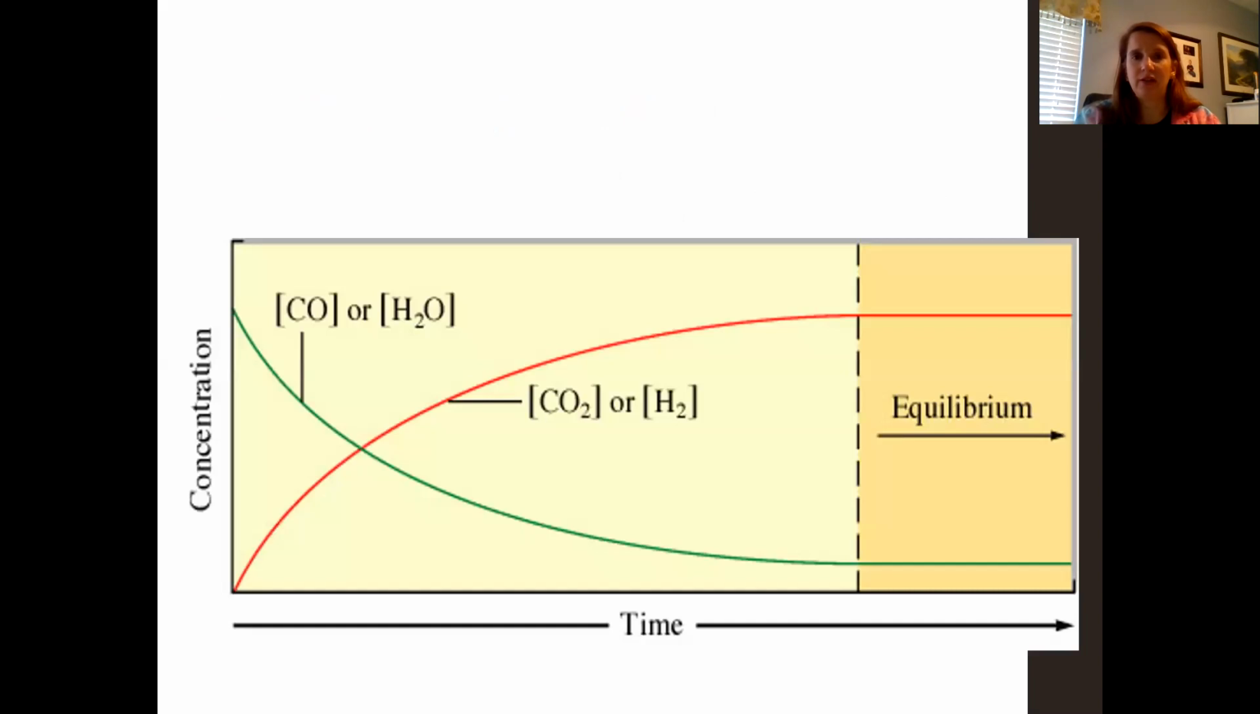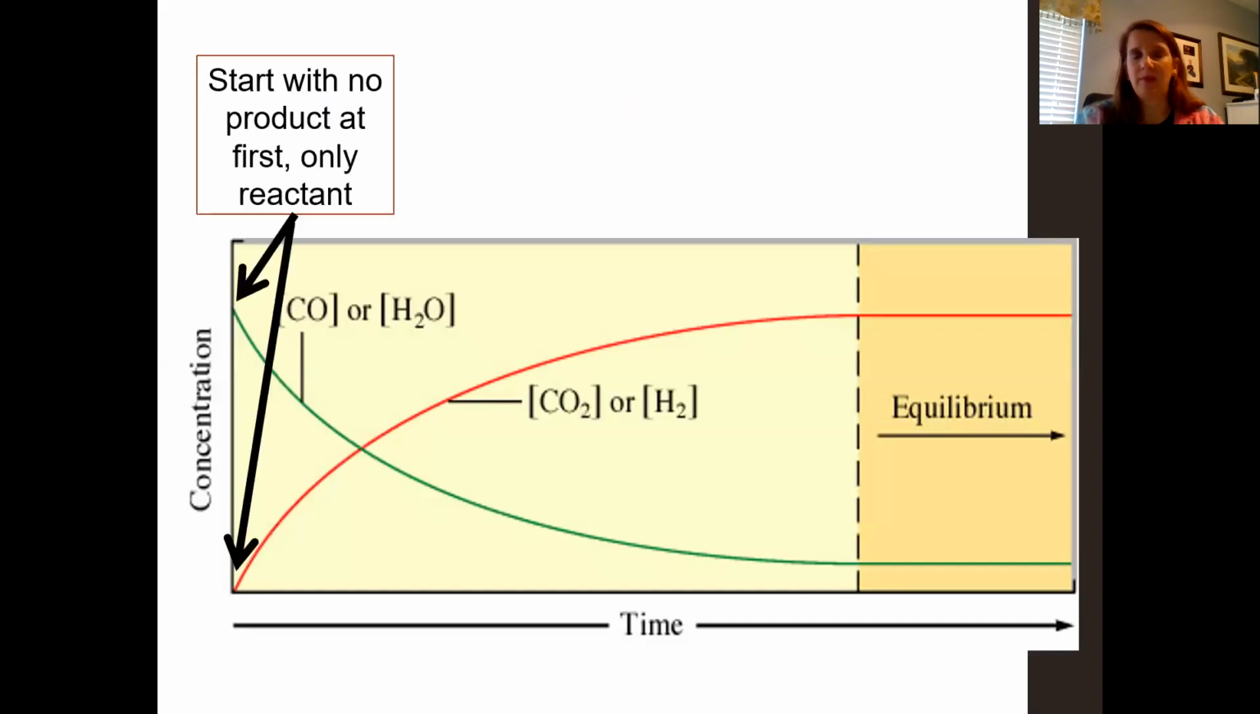This graph here is a good example of what's happening with chemical equilibrium. What we saw downstairs with the water is we started with all of the blue water in the reactant vessel. We start with reactants. We don't start with any products. So in this graph here, we see that